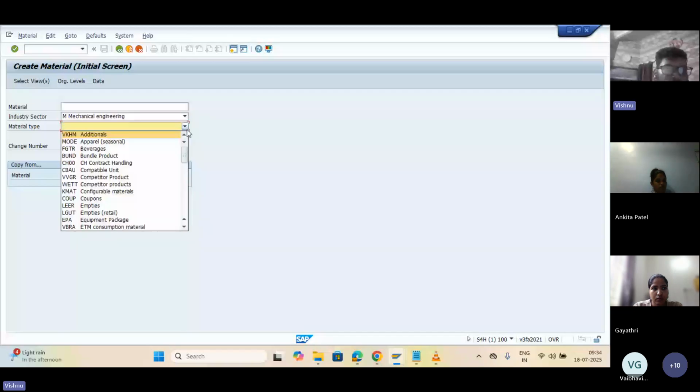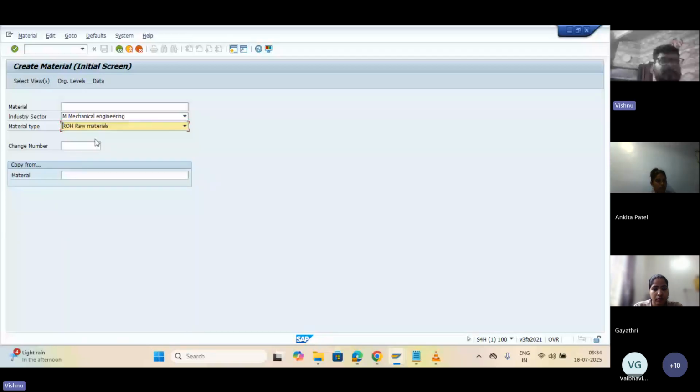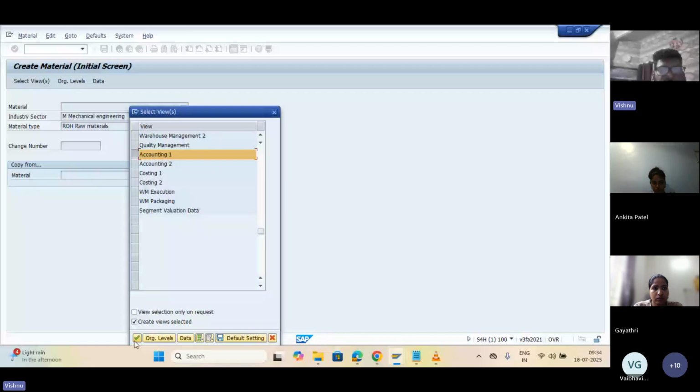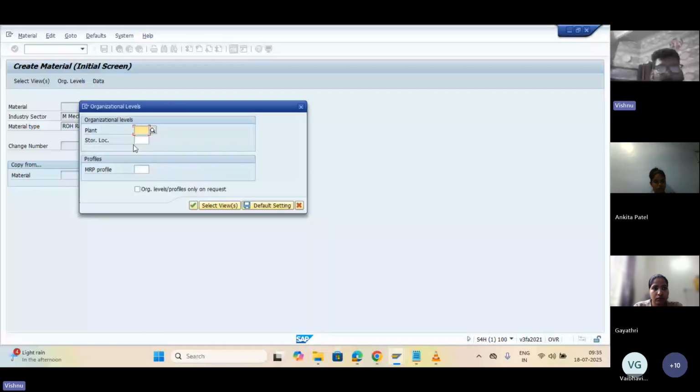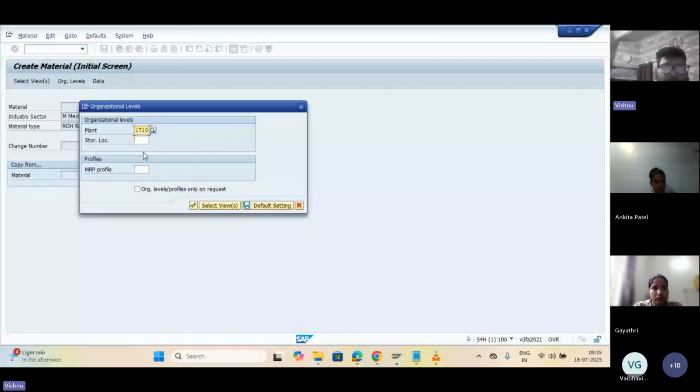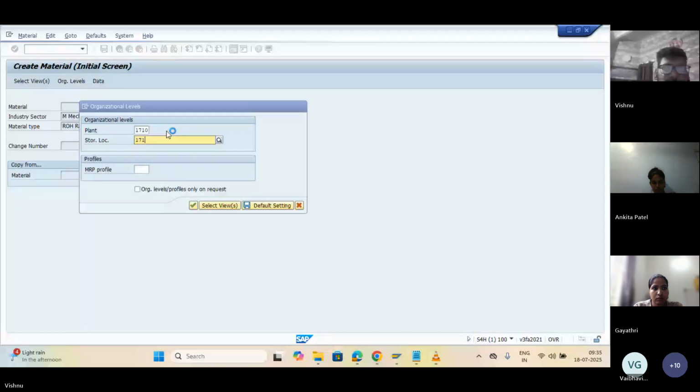Material type is ROH. Click on enter. Basic data, purchasing, MRP, general plant, and accounting. Select enter, enter the plant, enter the storage location,